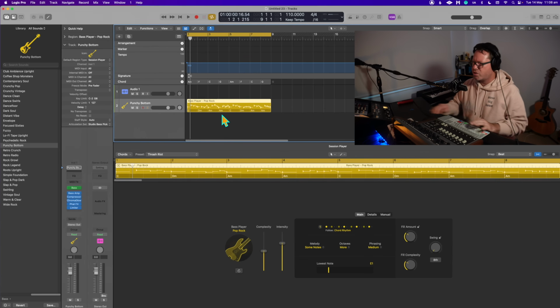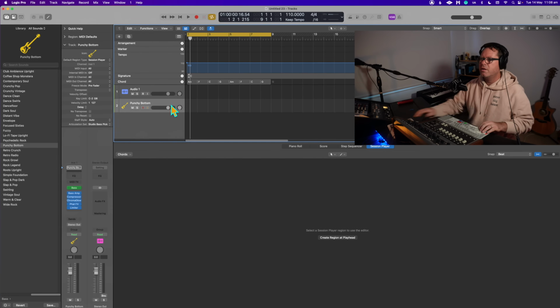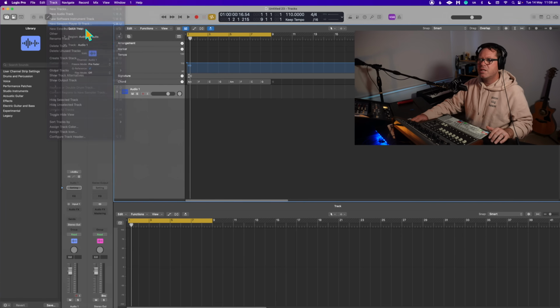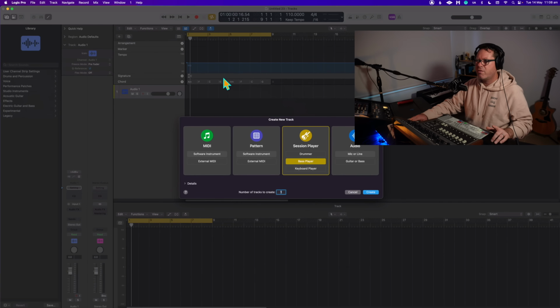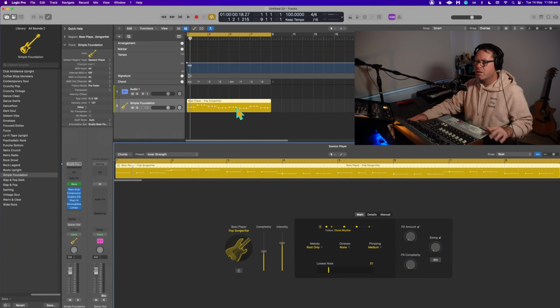What's a workaround there? Straight up. If I get rid of that, let's just say, for example, I delete. Why can I not delete you? Okay. I delete you. We'll delete you. Session player, and I just want to try this. Now, if I've got these chords written here, will it automatically come up with those chords there? Now it will, so now it's coming up with the chord progression that I wanted, but before,